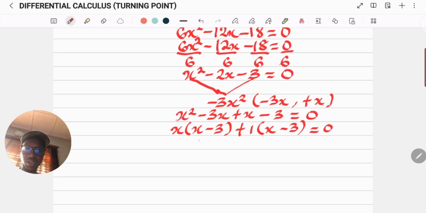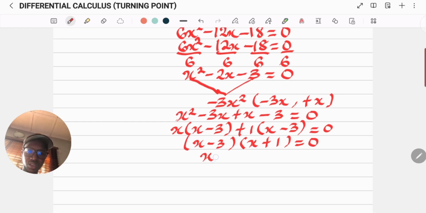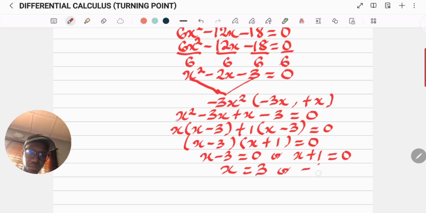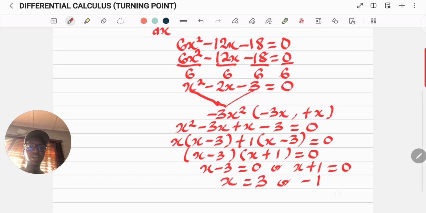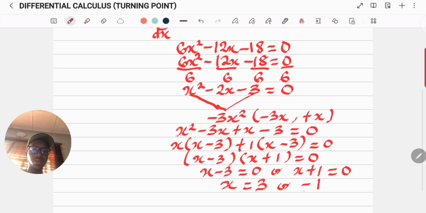So from here now we can say x minus 3 and x plus 1 equals 0. So we can say x minus 3 equals 0, or x plus 1 equals 0. So from here, our x is equal to 3 or minus 1. Now that we have gotten our x as 3 or minus 1, to now know the turning point, we are going